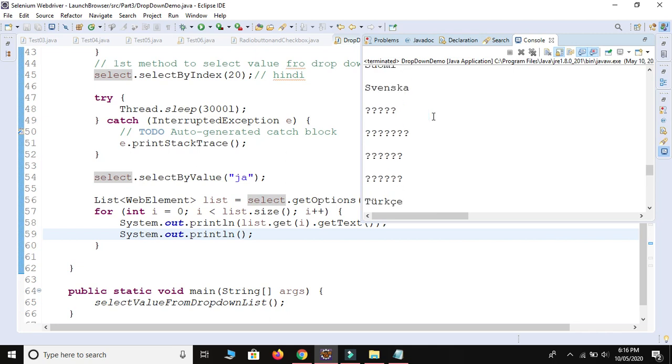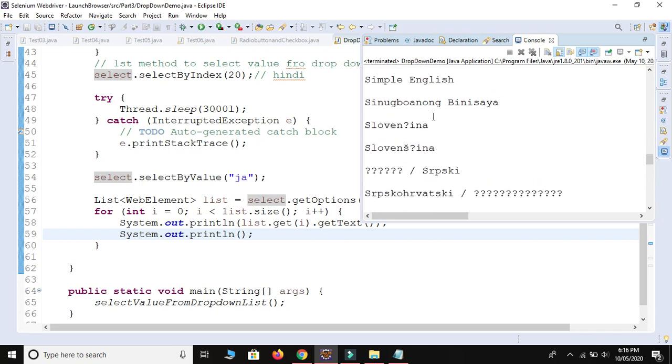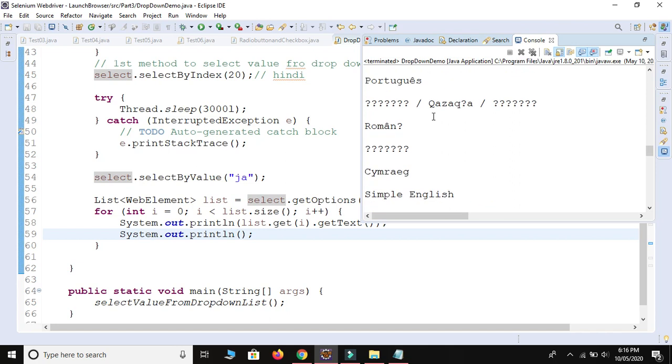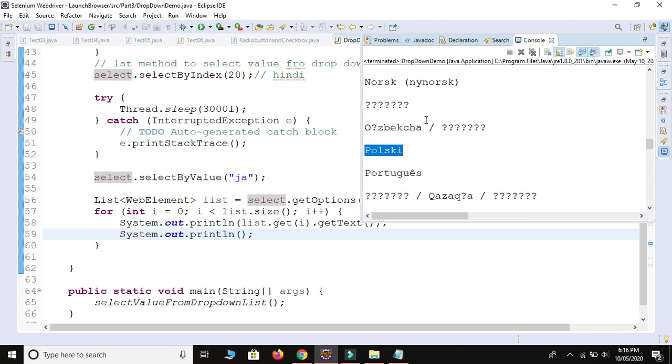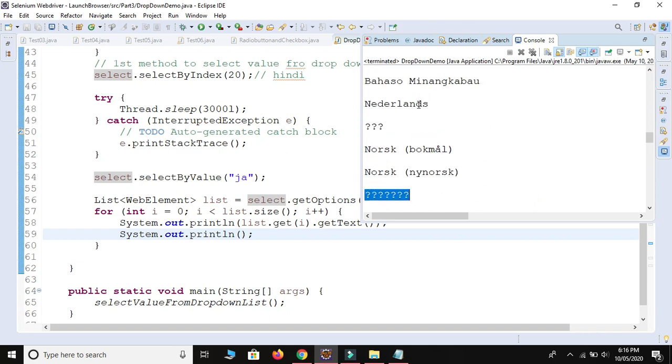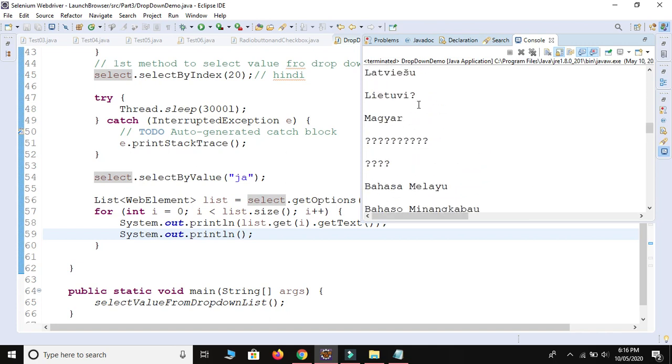Right guys, our Eclipse is not able to print different language names. It will print only those names which are developed using English alphabets A to Z. The Eclipse version is not able to print Hindi, Gujarati, Punjabi, Marathi or any other language.